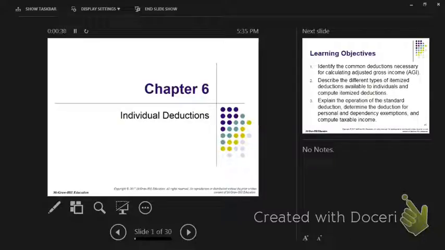So, the first one we're going to talk about as we go through these, there are several different, now several of these we're going to talk in more depth as we go into different chapters. For example, Schedule C. We're going to talk a lot more about the Schedule C. Right now we're just going to kind of introduce some of these. So as we get going here,